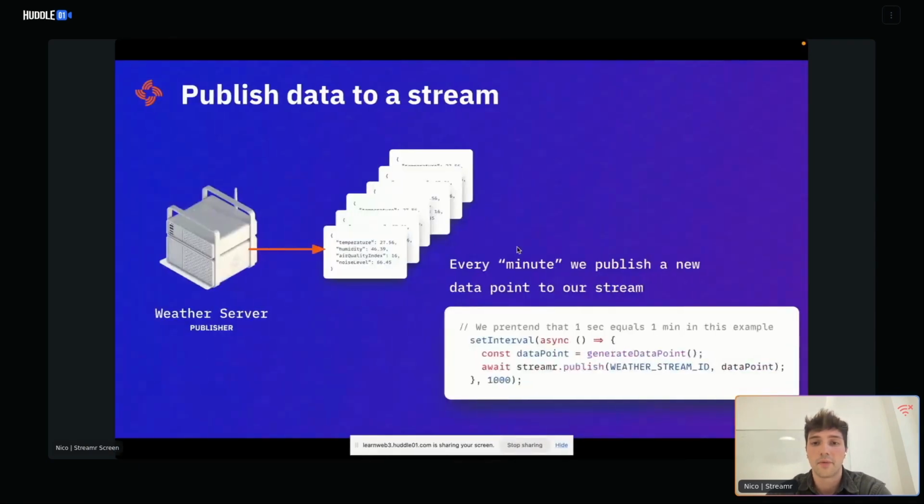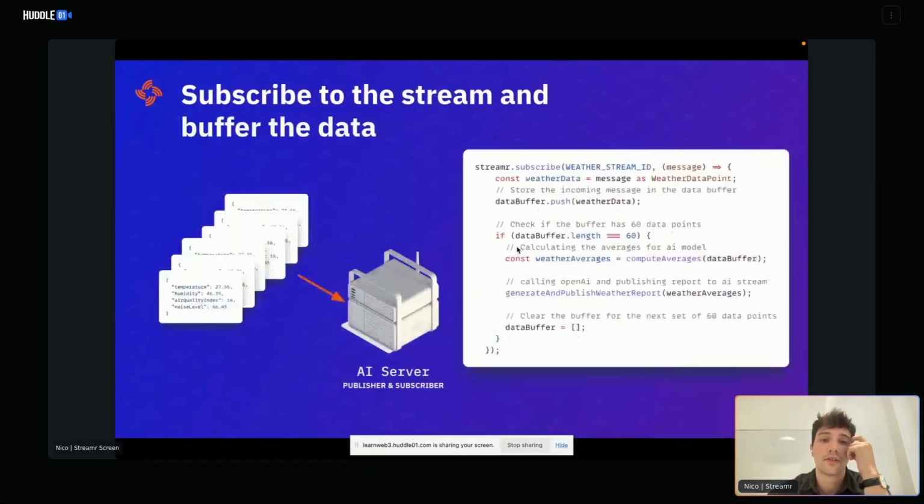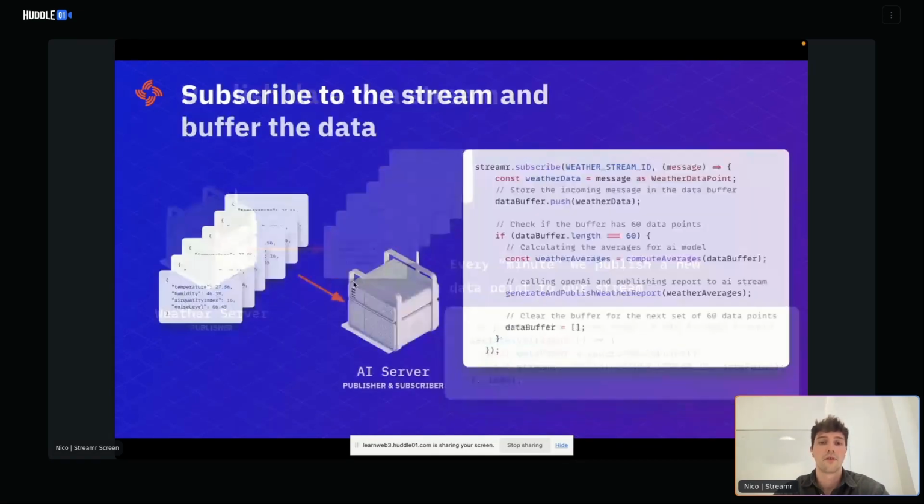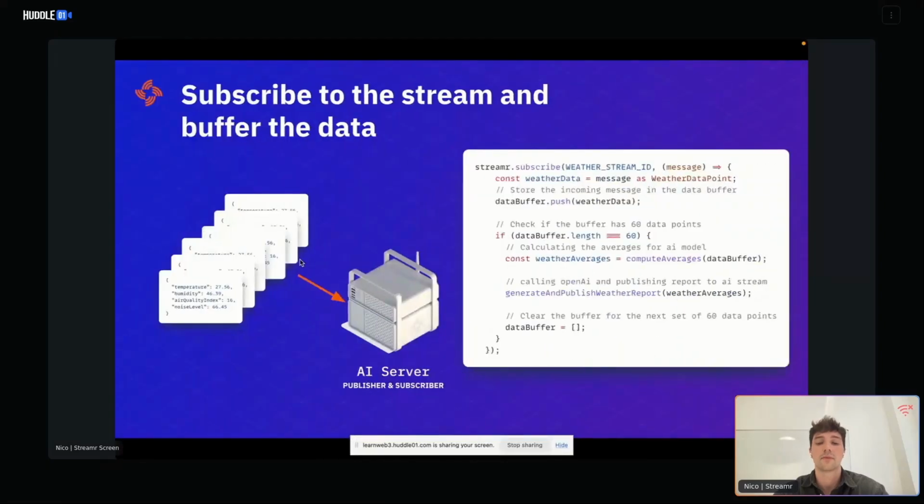So the next step we want to do now is we want to subscribe to that stream, right? So we have this data coming in, and now we have an AI server maybe that wants to consume this data and that wants to do some calculations maybe based on it, or generate a weather report. So in this case, when we go through this line by line, we have now the method streamr.subscribe. Earlier we had streamr.publish, which created this stream right here, which is happening right now. It's coming here, and now we subscribe with another server,